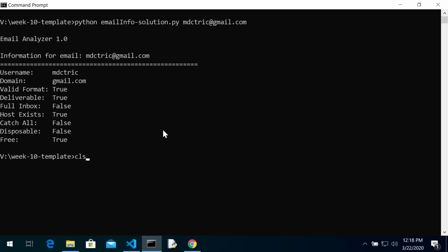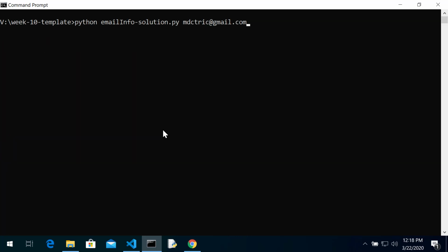So let me clear it out and we'll run it. What we're going to do is you're going to have emailinfo.py. I'm going to run the solution here, and you're going to pass to it an email address. I would suggest you use this email address. You're welcome to use any email address you want. I know Tri-C's email system, they're using 365, blocks some of this information. So if you try to use a Tri-C account, it's probably not going to work properly. So use a Gmail account. You're welcome to use mine here. If we hit enter,